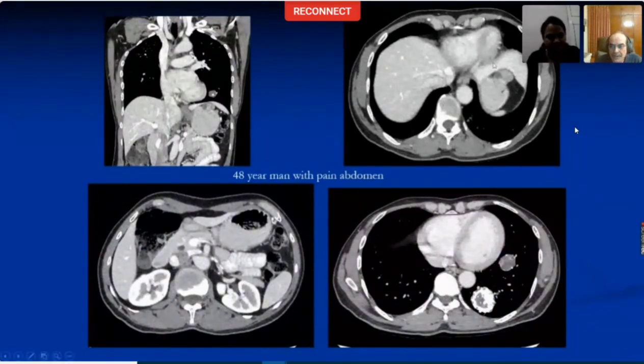So what do these mural lesions look like from the stomach? We just showed an example of mural tumor from the jejunum. They can also be seen in the stomach. This is arising from the wall of the stomach. It's small in size. It is homogeneous. So this is likely to be.